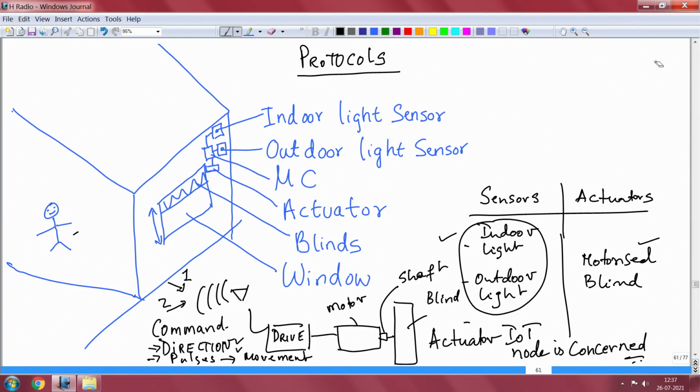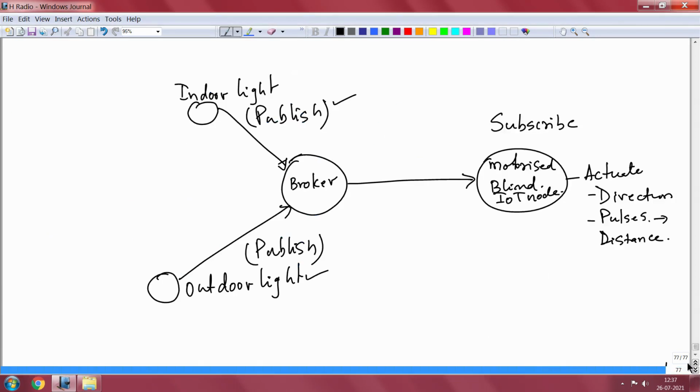Both of them, indoor sensor and outdoor sensor, will keep sending data to the broker. What can the motorized blind do? Nothing, nothing it can do. If it tries to open in full open, still the light is insufficient inside, because there is no outside light, there is no sun there, it is night time. So, you cannot do anything.